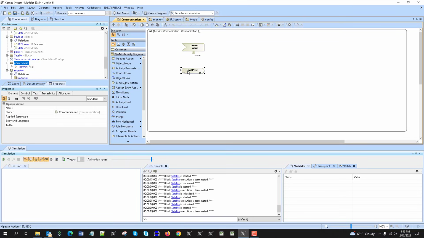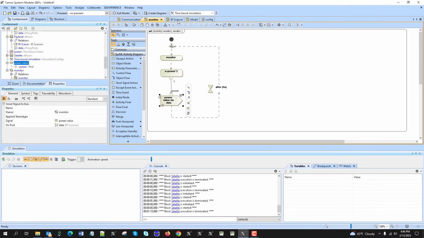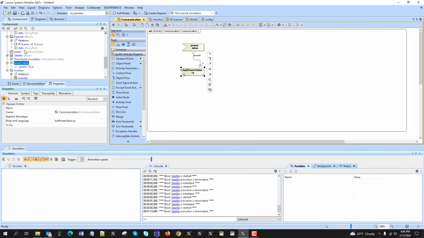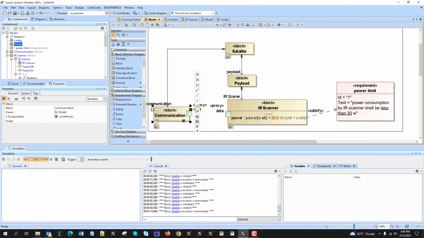say like last power value, and that last power value equal, let's say, Y, and then here I will put the input pin, which will be Y, and this power will come as a Y, and then I get last power value assigned, and this last power value could be the property in communication